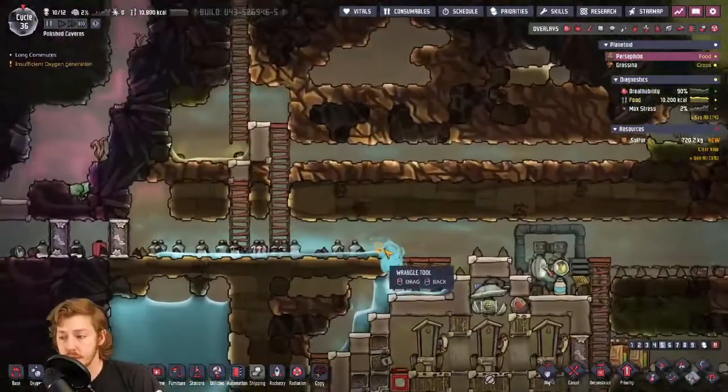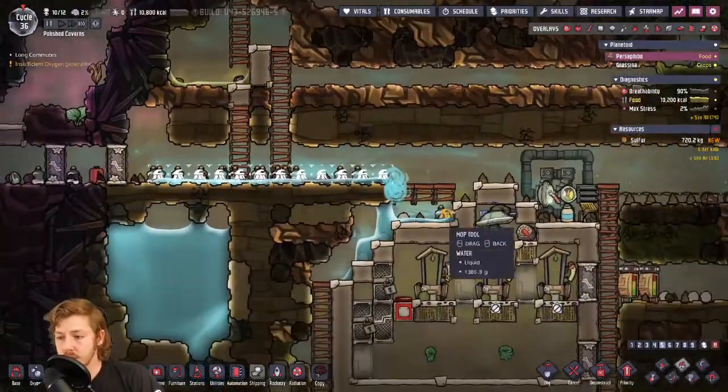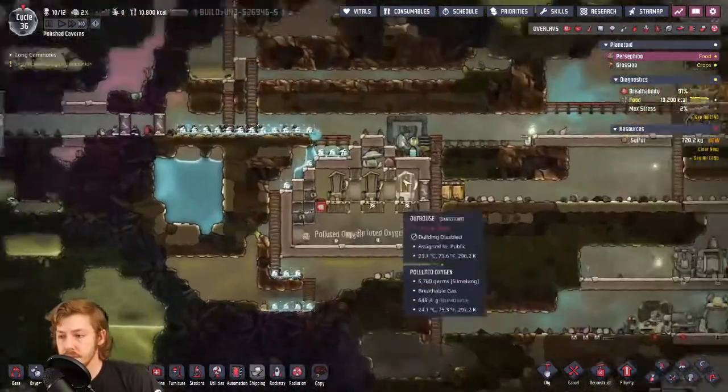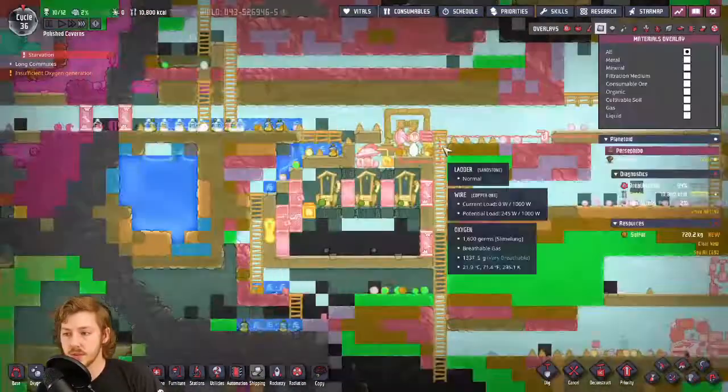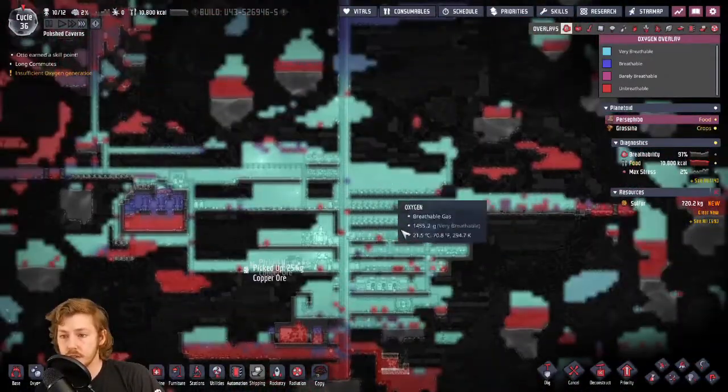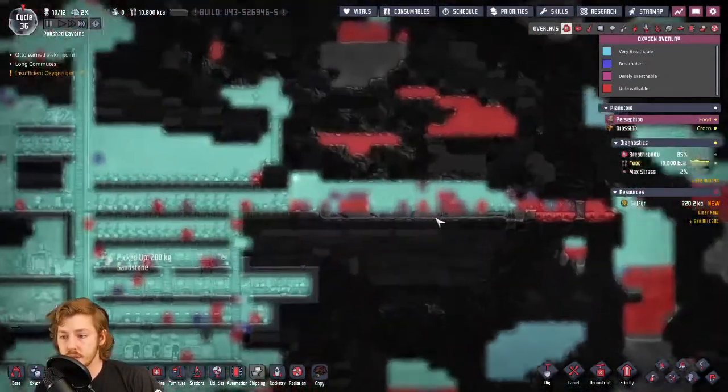Do we have ice melting? Is that what's going on? Yeah, I think there's just some ice hanging out here. Too much liquid on the floor. And then what is coming through this pipe? Nothing right now. Good amount of oxygen in our base, and I think that's mostly contributed to...